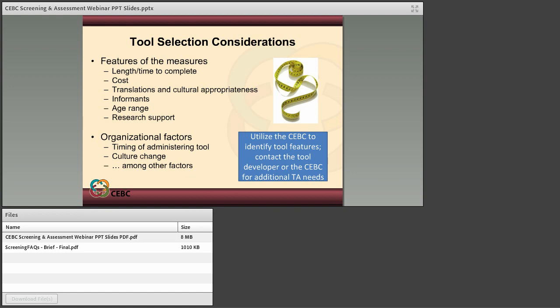This really brings me to the next point about culture change. It's important that organization leaders recognize and support child welfare workers in this new type of approach. Don't underestimate the influence of staff attitudes and confidence on measurement tool success. These are just a few types of factors to be mindful of. You can read more about selection considerations on the CEBC selection and implementation section, which is focused more on EBPs, but you can apply it to measurement tools as well. And also be sure to consult the tool developer to learn more information.